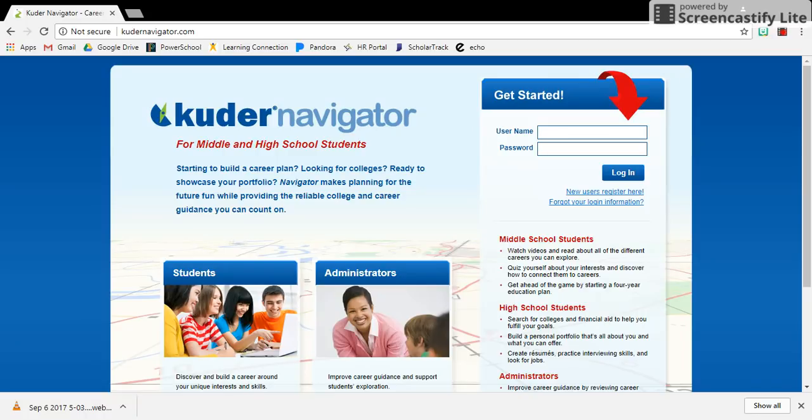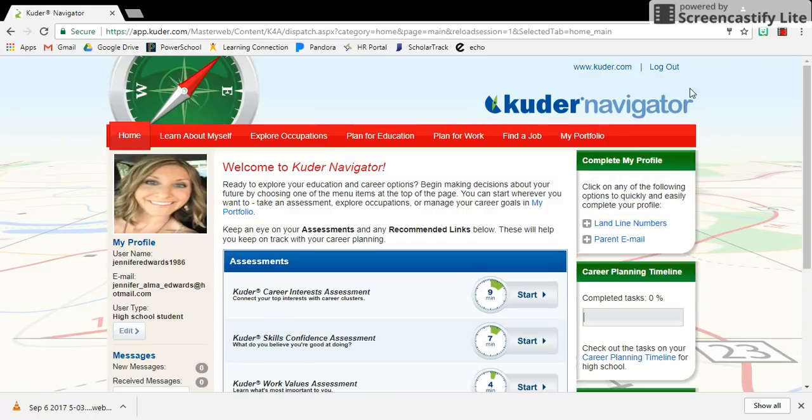So to start, you're going to go to cooternavigator.com, and then you will use your username and password. And if you can't remember your username, contact me or your homeroom teacher and they will have that. So I'm going to go ahead and put in my username and my password. And that takes me to my